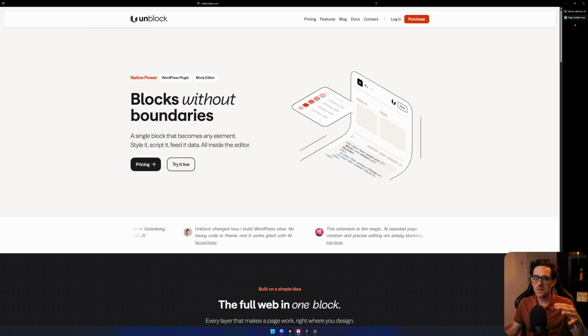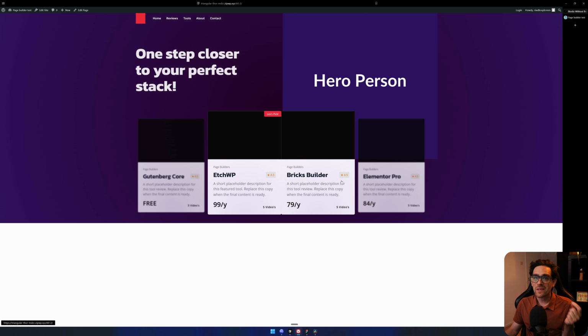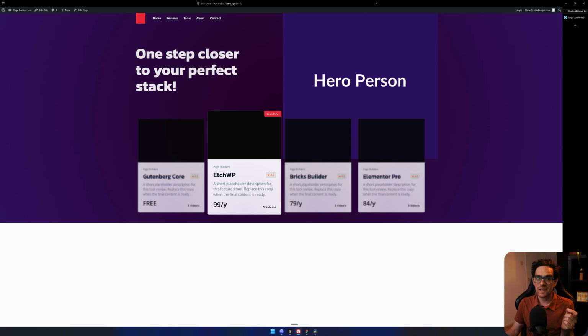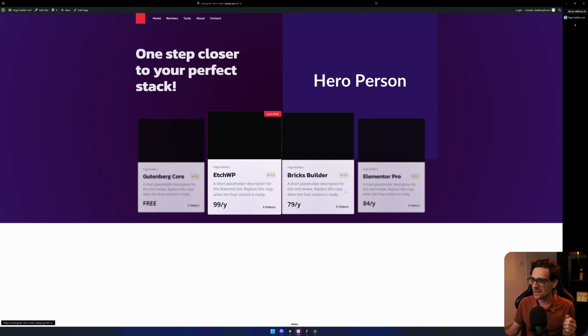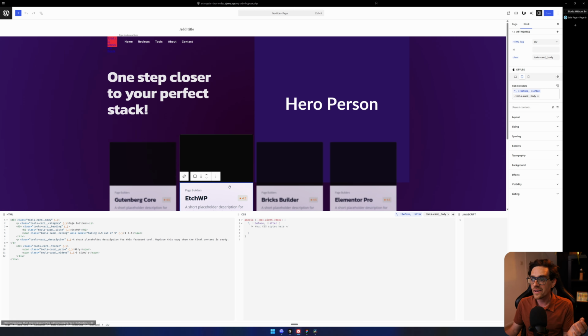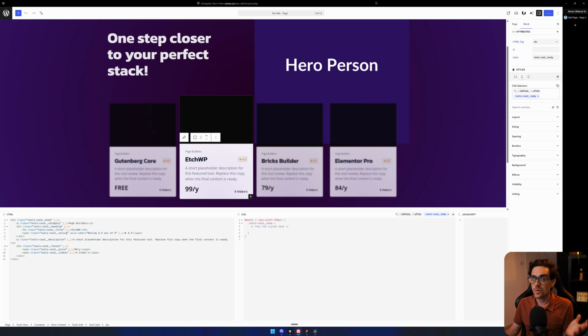And that leaves me only the last tool, UnblockWP, using the MCP of it. To me, it gave the best visual result because it could use HTML and CSS, so it's a little bit of cheating, but it gave it more freedom than default blocks. It could add the hover effects. And if we look at the page itself, it can use HTML and CSS. It adds the styling inside of here, so it can create a more visual design that's closer to Figma,